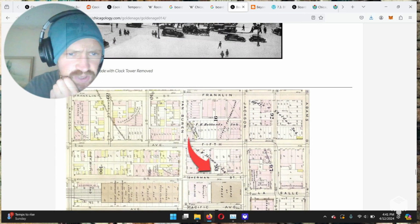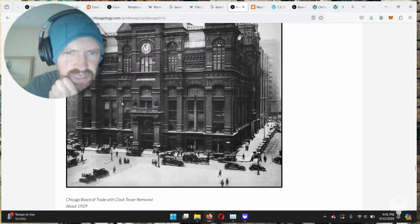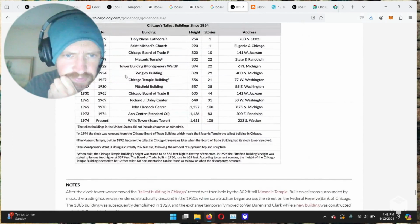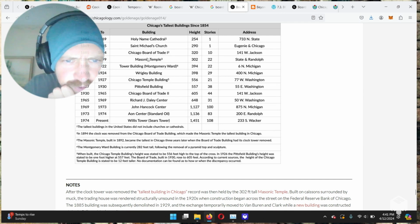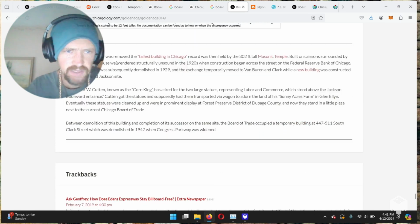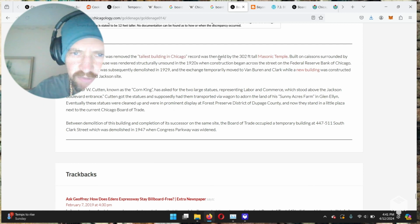Chicago Board of Trade with the clock tower removed, about 1929. Okay. Board of Trade, let's see here. Where can we find it? 1894 is when they took that down. As the clock tower was removed, the record for tallest building in Chicago was then held by the Masonic Temple, built...